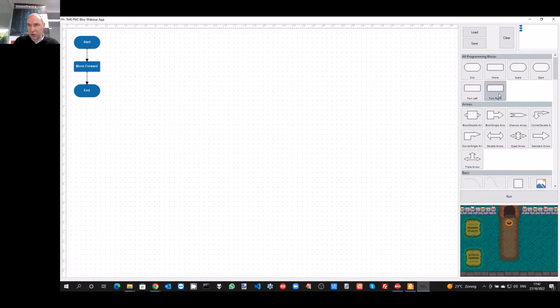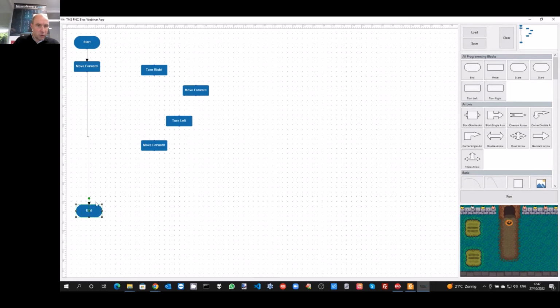If I want to change something, I can just insert a couple of other blocks like that, all different operations. And I just need to change the way things are linked a little bit, like this.